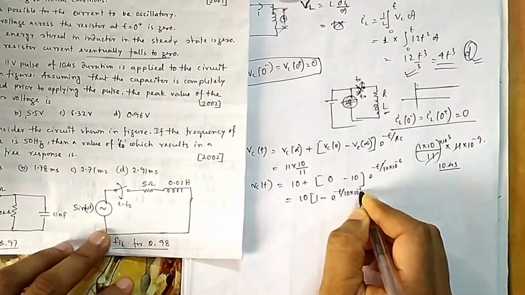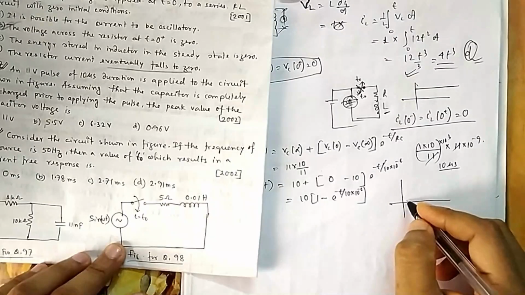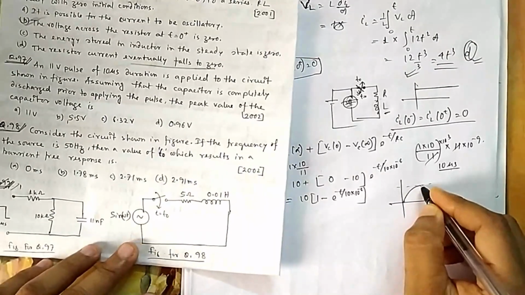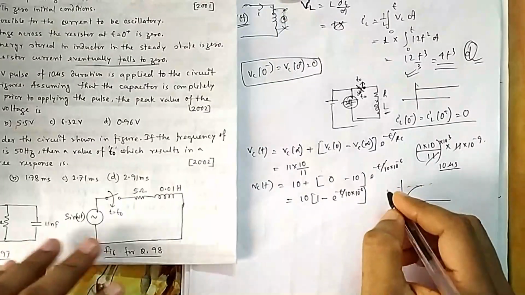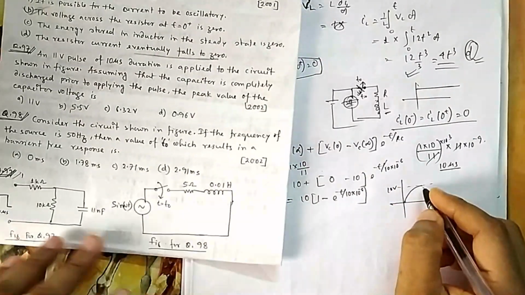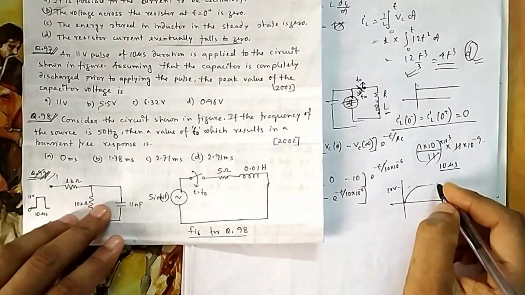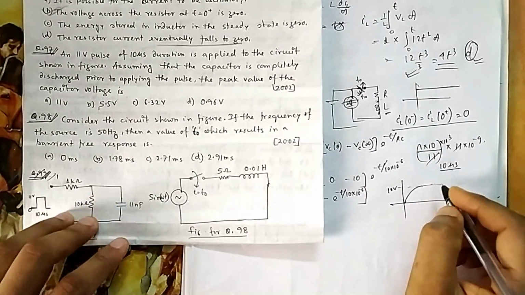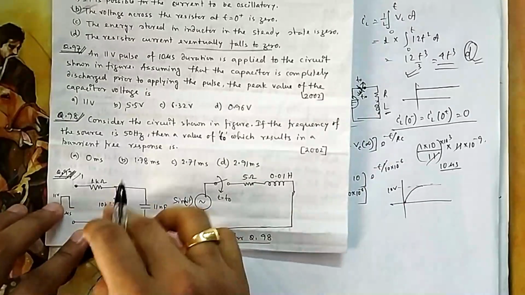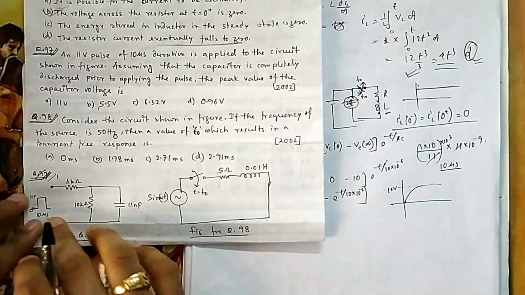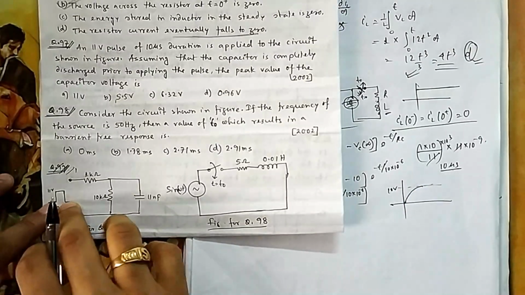So when the capacitor voltage will be maximum here, the capacitor is charging up to a level this much. This was my 10 volt. If it is a unit step, then it should keep at there. After that it will have a discharge path, then it will discharge if it is allowed to. But here it is stopped at 10 microsecond.